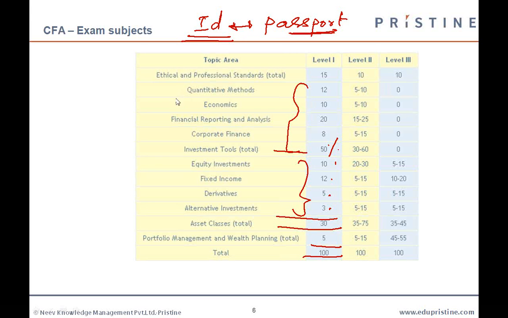Not necessarily for registration, Ashish. You can email CFA Institute saying that you've applied for a passport and will get it by the time you write the exam. For now, let me pay the fees, because otherwise I'll end up paying higher fees. That is acceptable, so you need not have a passport for registration. The only thing is to email CFA Institute that you will get your passport before you write the exam. However, on the exam date, you need to carry your passport, because that is the only valid ID proof.